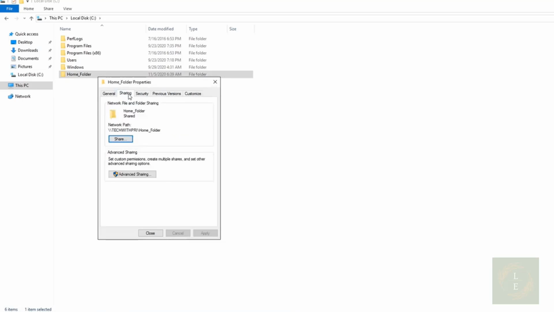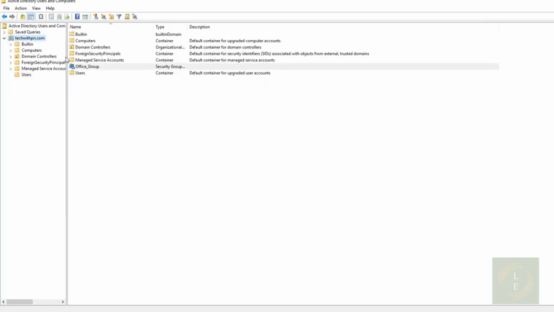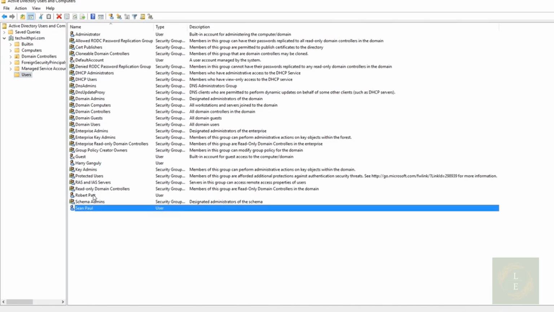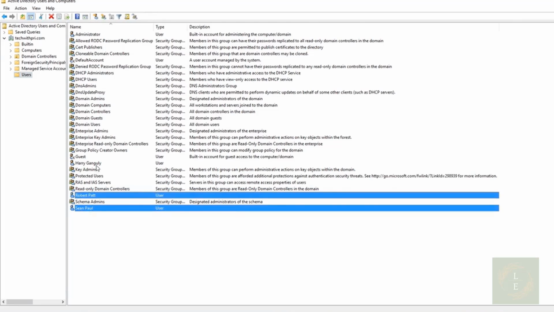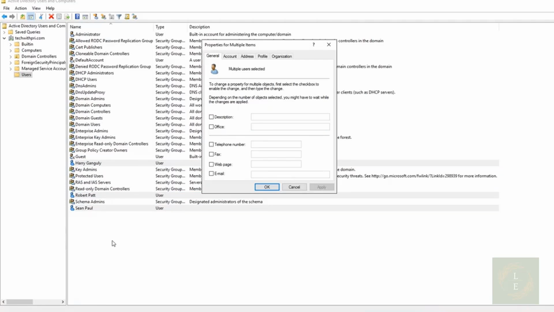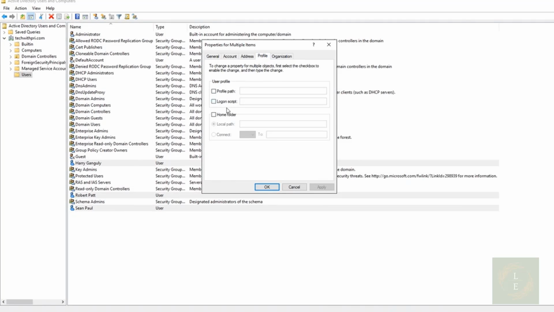Now just go to the sharing tab and let's copy this path. Now open Active Directory. Okay, so from here I'll go to the users tab and I'll select the users, Sin, Robert, and of course Harry. And I'll right click and choose the properties option so that I can apply it to 3 users accounts quickly. So I'm gonna go to the profile tab